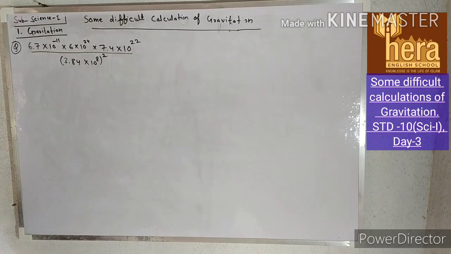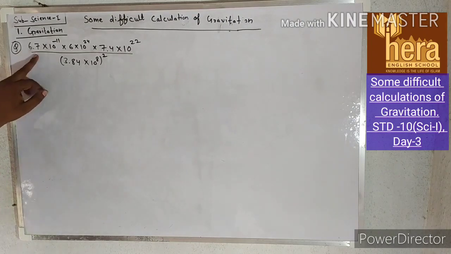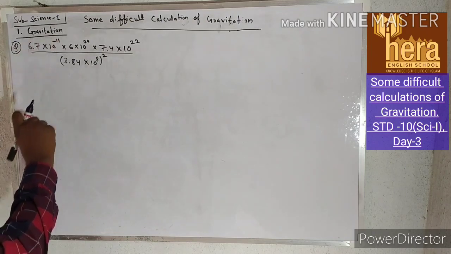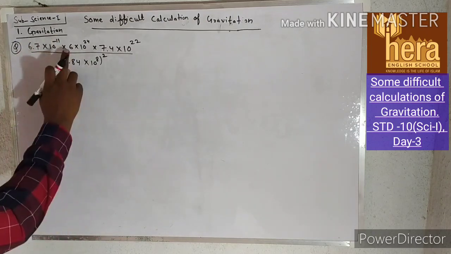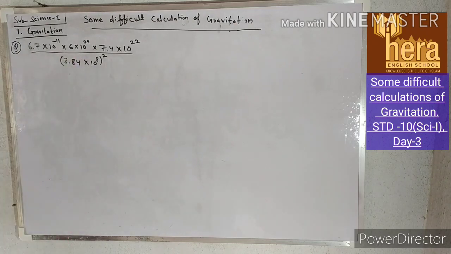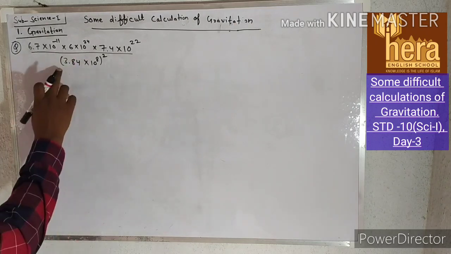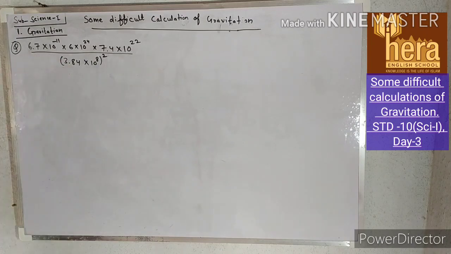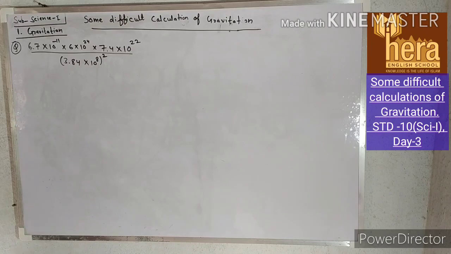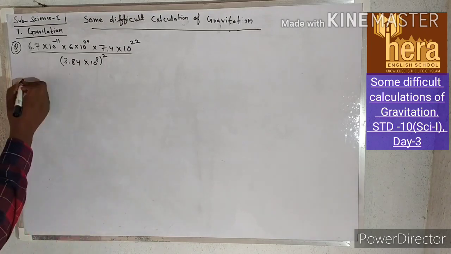Okay? So here is the number: 6.7 into 10 raised to minus 11 into 6 into 10 raised to 24 into 7.4 into 10 raised to 22 upon the bracket 3.84 into 10 raised to 8, bracket close, square. So this will be equal to